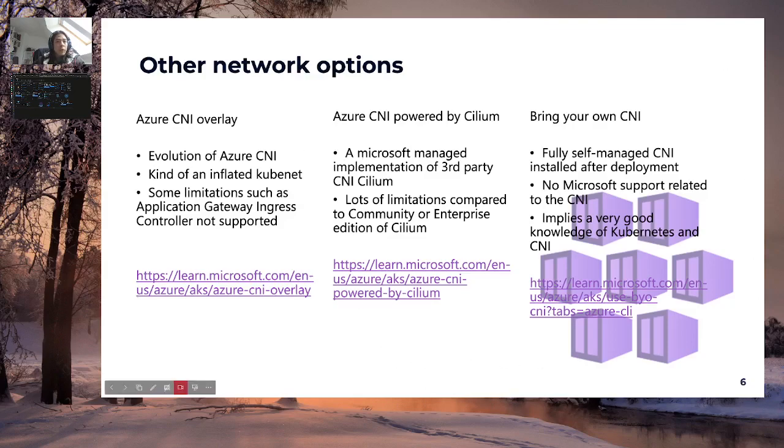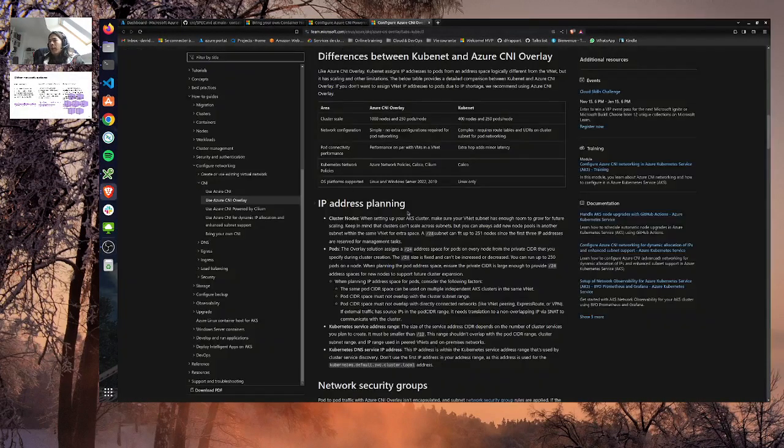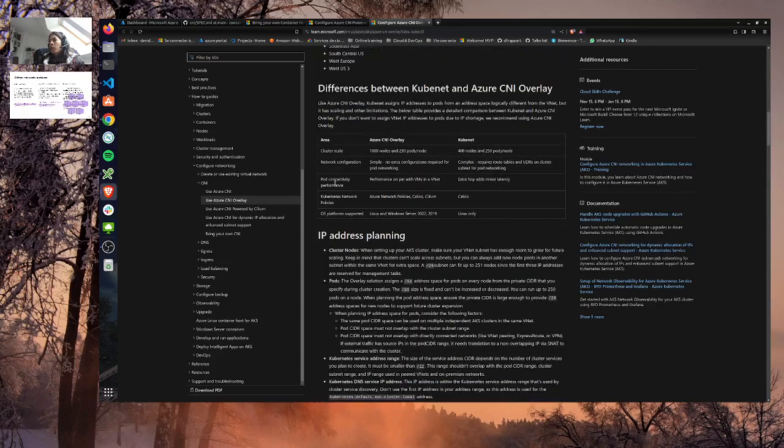If we have a look at the documentation page for Azure CNI Overlay, you can see that the pod connectivity performance is on par with VMs in the VNet. So we have tackled this issue with Azure CNI Overlay. We have some other issues, one of those being that we cannot use Application Gateway as an ingress controller, but anyway, Application Gateway Ingress Controller is moving out to be replaced by an API gateway solution, as should be the case for nearly all ingress controller solutions.